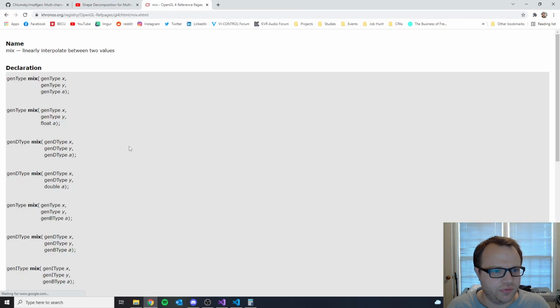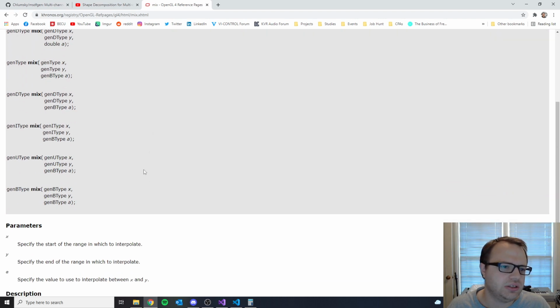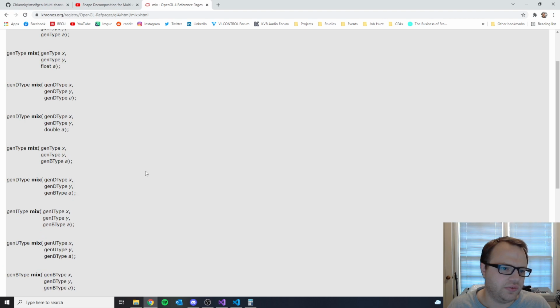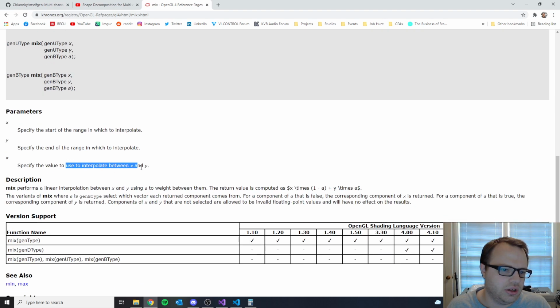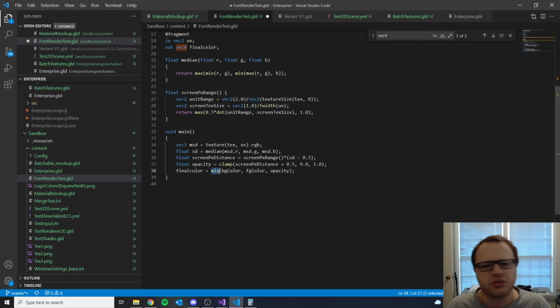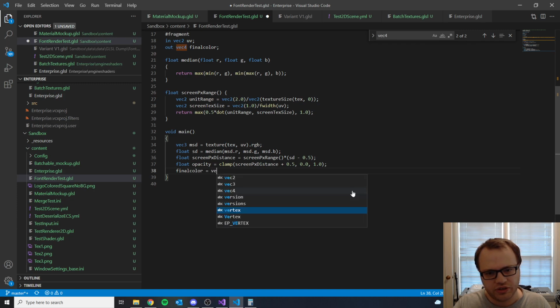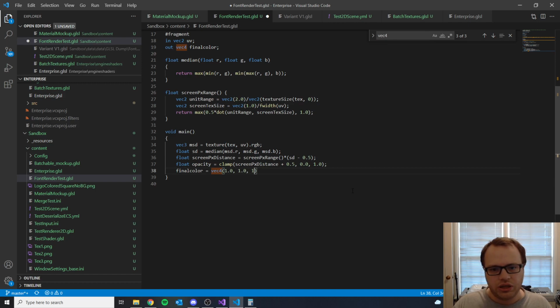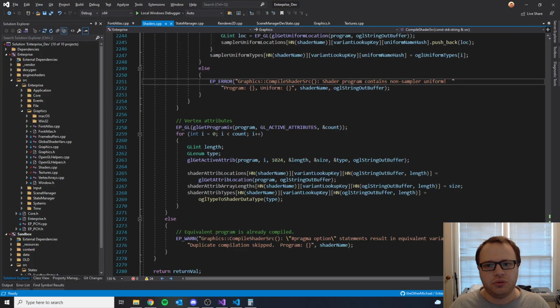I had the cheat sheet open for a little bit, but I forgot. Linearly interpolate between two values. Takes a gen type and an alpha. Specify the value to interpolate. Yeah, so we're interpolating by the opacity value. So instead of doing that, I can just do final color equals, make it white, and then have the opacity be the alpha. So that'd be vec4 of 1.0, 1.0, 1.0, opacity. Cool. And if we were to run that now,